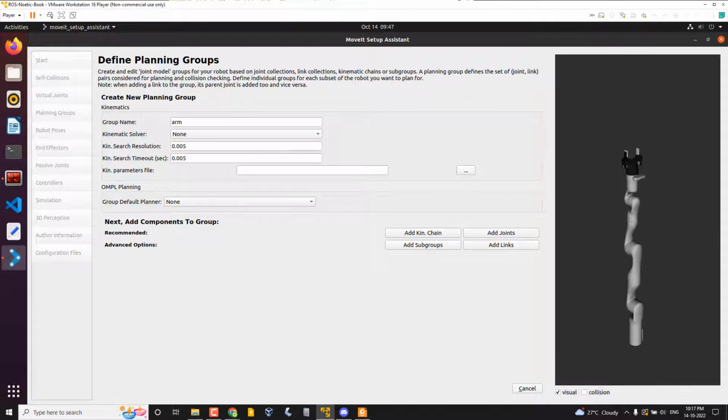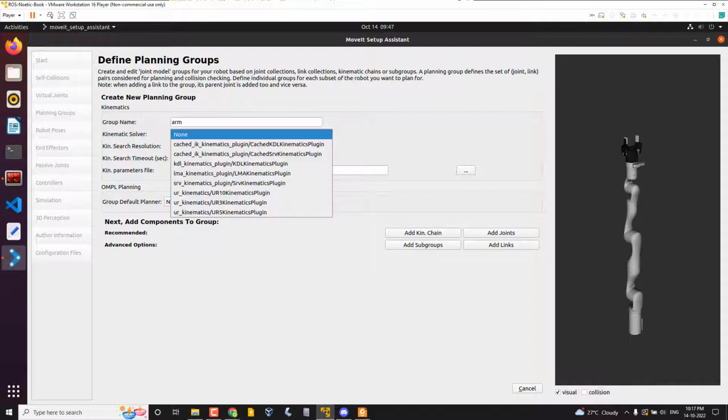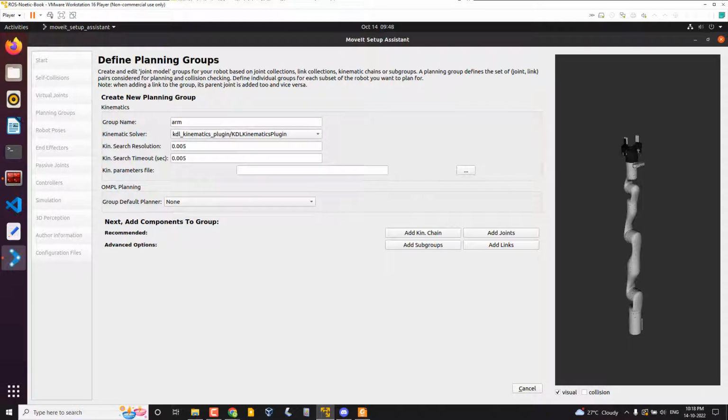We have to select which kinematic solver we are going to use for this robot. There is a list of kinematics plugins available, meaning inverse kinematics plugins, and you can select an existing one or create your own. I'm just choosing KDL kinematics for example, and